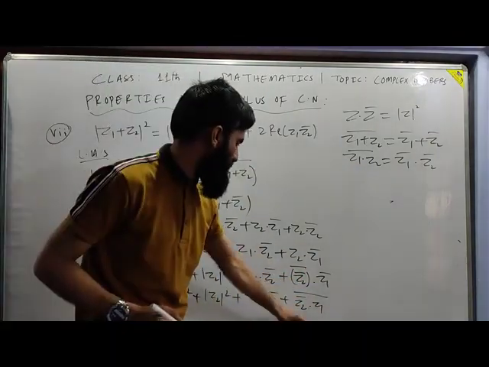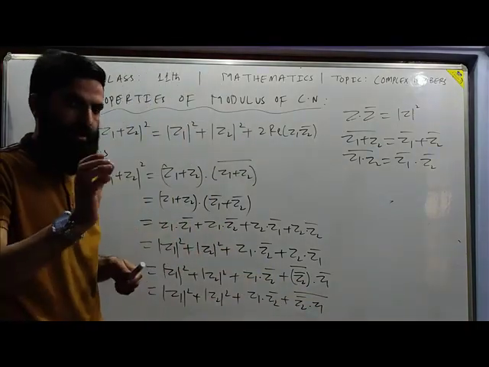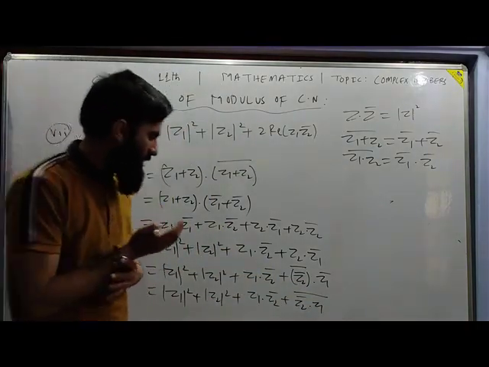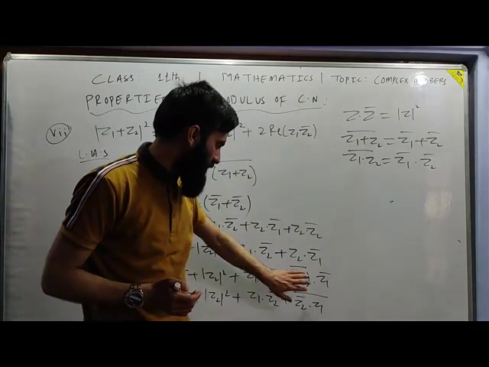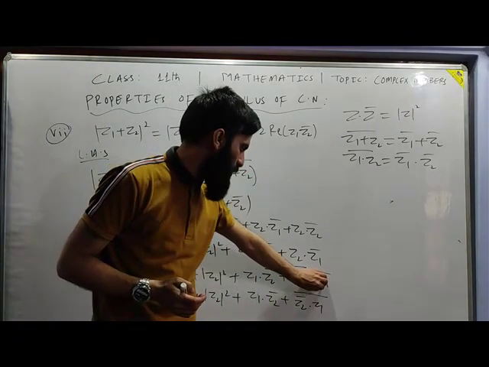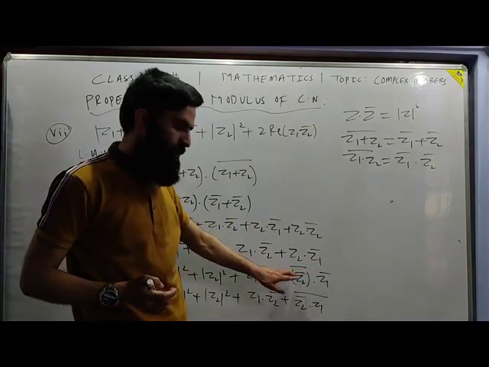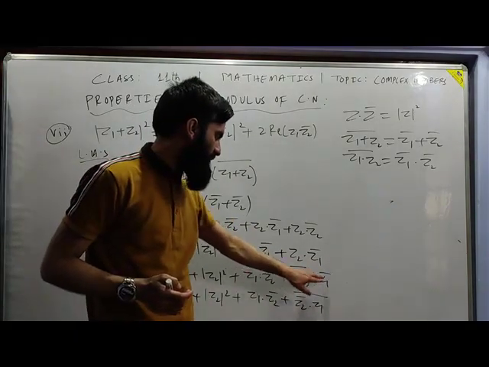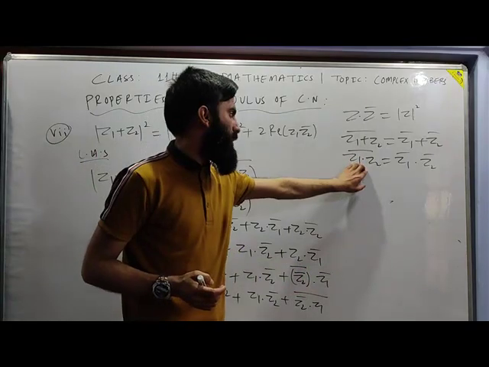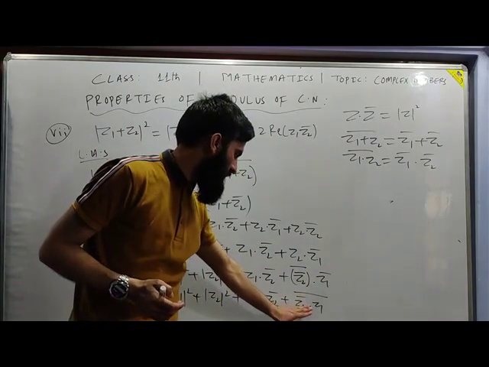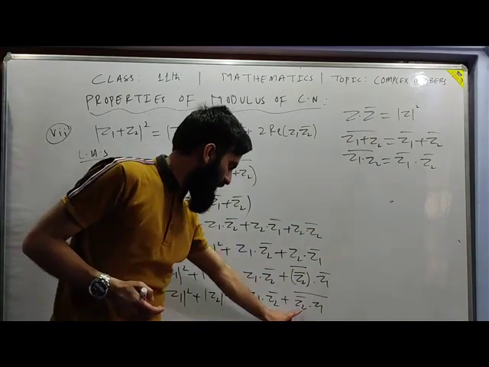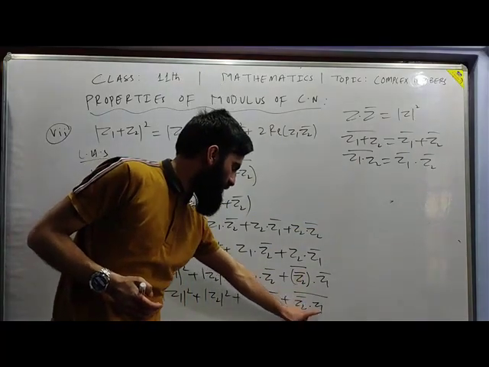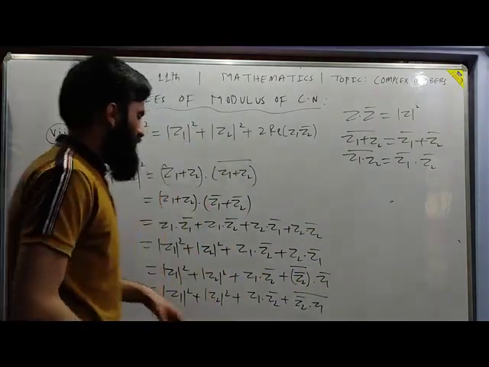I think this concept is clear to you. Remember this and try to learn this with great ease. It was a double conjugate over here, and you just treat Z2 conjugate as one complex number, and this as another complex number. When you take the product of the conjugates of two complex numbers, that is equal to the whole conjugate of their product. That means Z2 conjugate dot Z1 whole conjugate. If you apply this property over here, you will get Z2 conjugate whole conjugate dot Z1 conjugate. Okay.